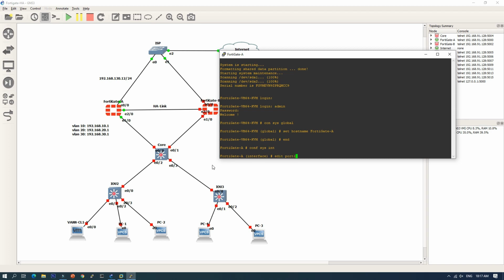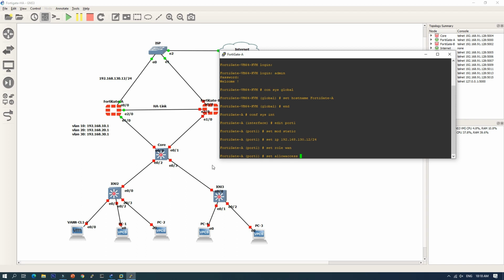Port 1 is our WAN port, so we need to set the mode to static and set the IP 192.168.130.12/24, and we need to set the role to WAN and set allow access.